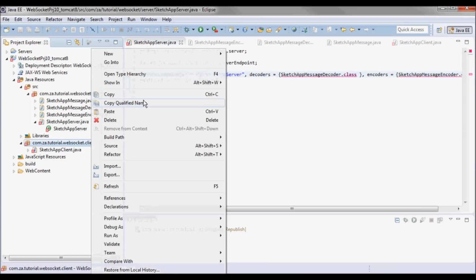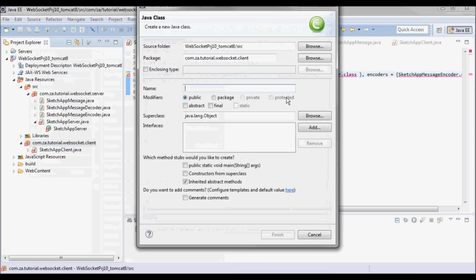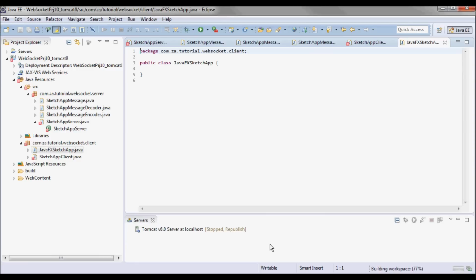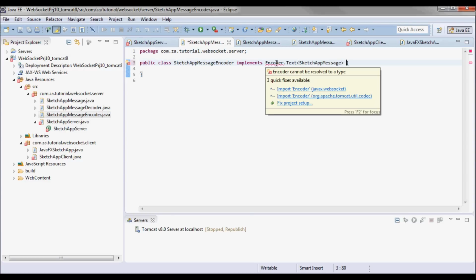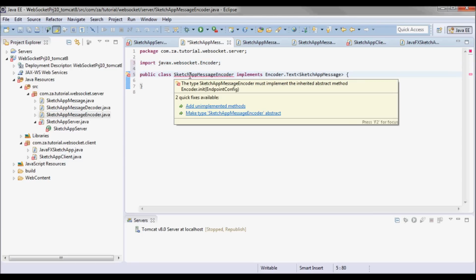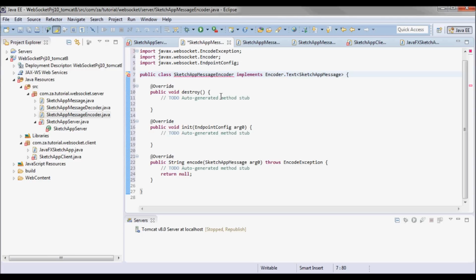And the GUI client will be JavaFX Sketch app, and let's go back to the encoder and decoder. So the encoder will implement the Encoder.Text, and by doing that I'm gonna add these methods.